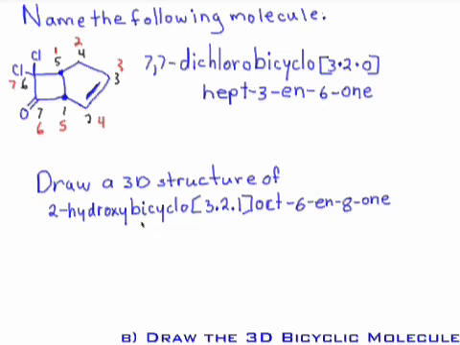We begin by focusing on the bicyclo[3.2.1]. That tells us the number of carbons in the bridges. So I can draw my bridgeheads, if you like. And the first one is 3. There's 1 carbon in the bridge. 2, 3. Now the next bridge has only 2 carbons in it. There we go. And lastly,